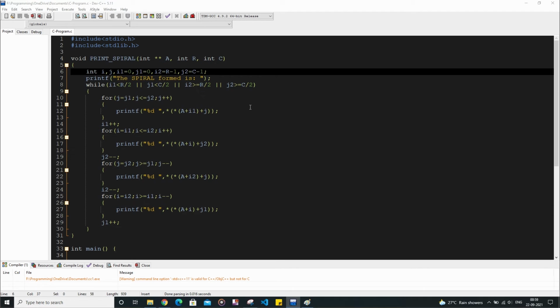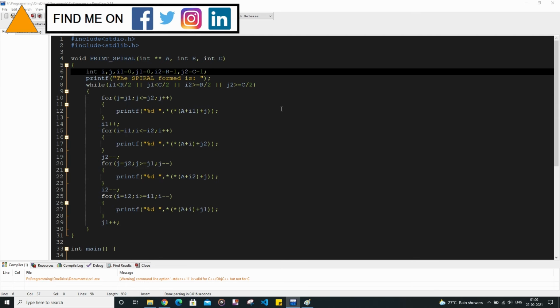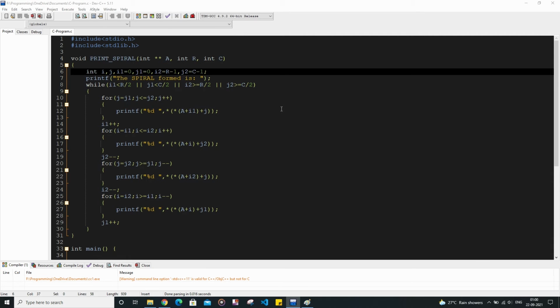For printing the spiral, I have written a while loop here. Basically the idea is that we are going to print the spiral only for square matrices. So the code which I have written in C does not print the spiral for non-square matrices or rectangular matrices. It only prints the spiral formed out of square matrices, having the number of rows and columns equal.